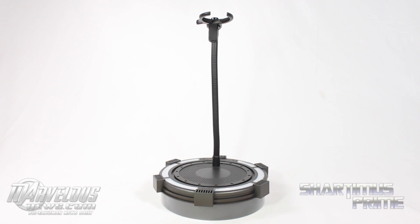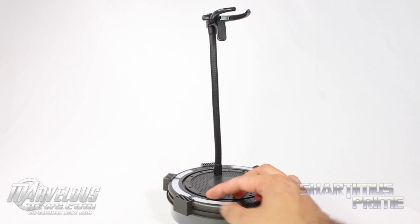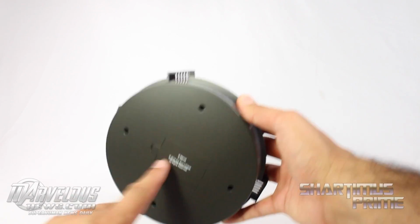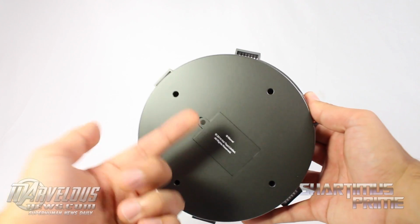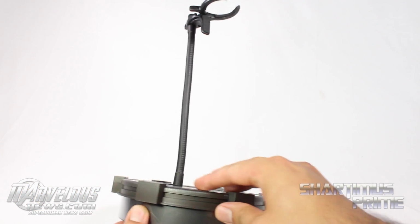I've mentioned in several reviews how I can't stand the standard issue adjustable cradle that comes with Hot Toys figures, and this guy does not come with one. He comes with this guy right here, which I absolutely love. This is a very cool base. Now, it does have this little part right here where you can put batteries in it, but you can't. You know, so for this particular one, they took out all the components that make it light up or whatever,